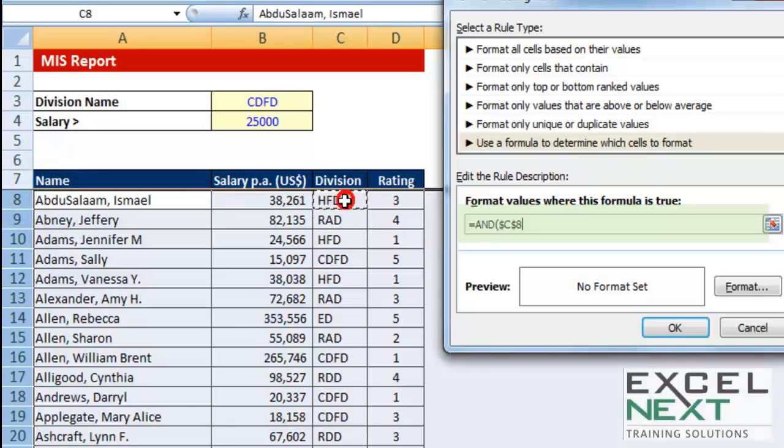So let me be very specific. Let me choose cell number 8. Now wait for a minute. You notice as soon as I choose this particular cell HFD, it gives me $C$8 in dollars, which means this entire cell has been locked, fixed. It is not going to move down for comparison. I would want Excel to make it move down so that it can be individually compared to the benchmark division